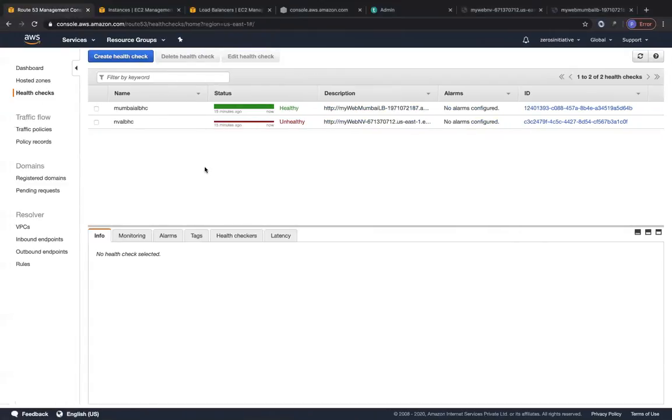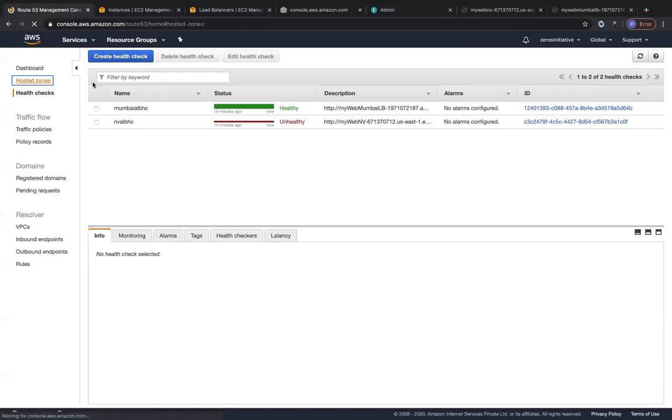So there was a little bit of downtime, like at least 1.5 minutes, where your active passive was not working. But now we can see that it's redirecting all of your traffic to Mumbai because your Northern Virginia infrastructure is down, right? So let me go ahead and talk about one more routing policy that probably we wouldn't see the practicality of, but I'm just going to show you that.